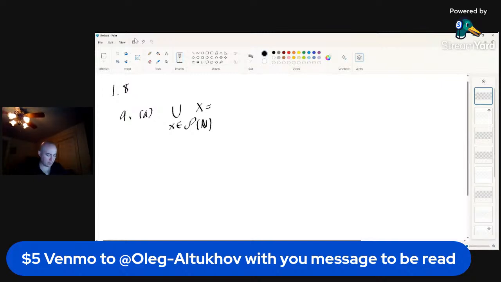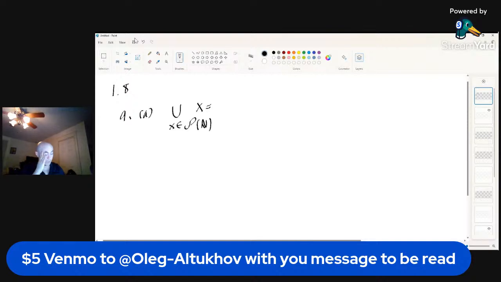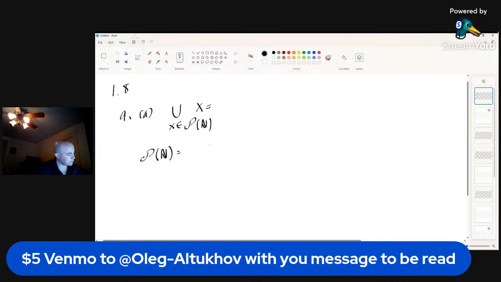Okay, the set X. So the power set of the naturals, it would be the empty set. No. It starts at 1. So the power set would be like this. Let's work out P of N first. X is a member of P of N. Power set of the naturals is equal to